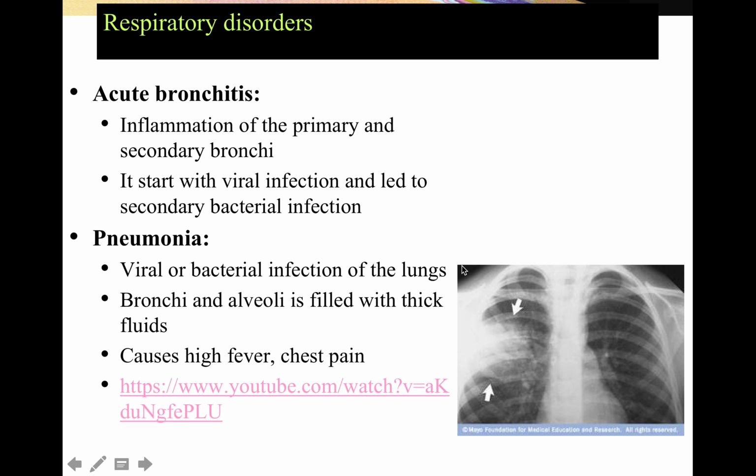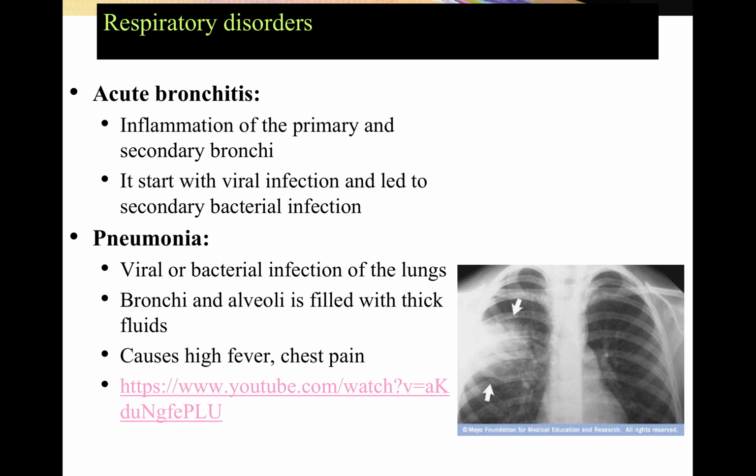We also have infections, result of the bacterial infection, where you have what is known as acute bronchitis, where you have inflammation of your primary and secondary bronchi. Basically, the main branching of the bronchi coming into the lungs is inflamed as a result of an infection. The problem with acute bronchitis is that if people who have an infection do not take care of that infection and basically seek treatment and take care of their health, you make yourself more susceptible to secondary bacterial infection. These are opportunistic infections that can expand and spread through the rest of the tissue and cause